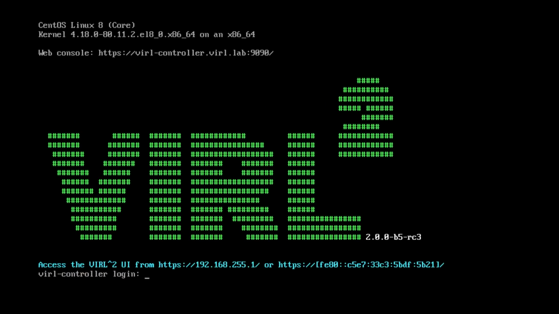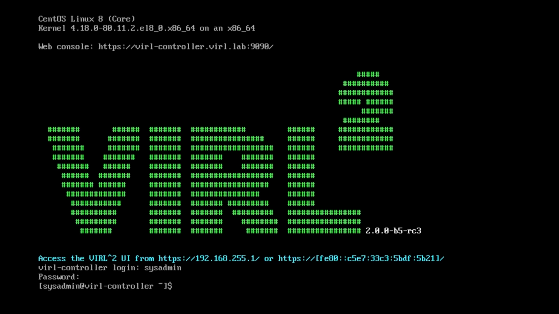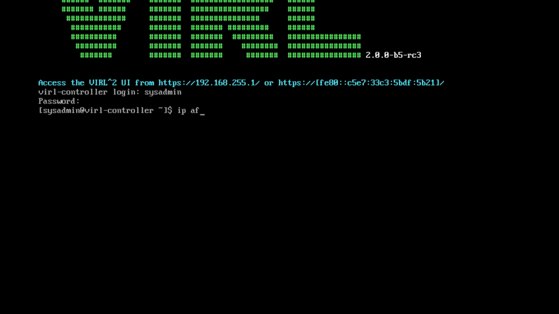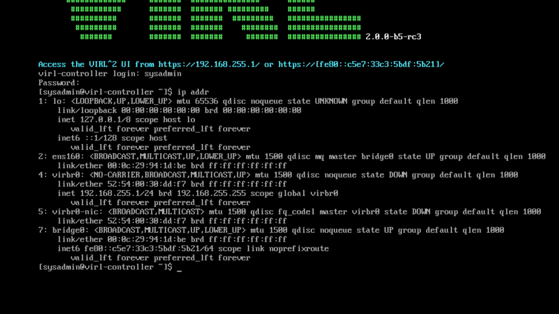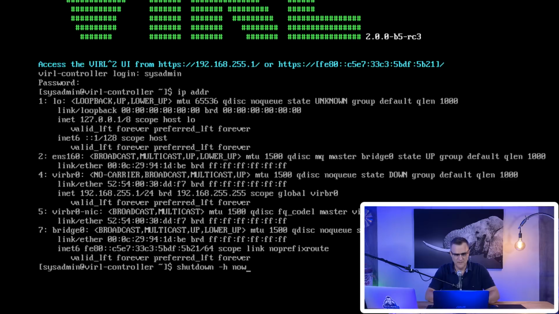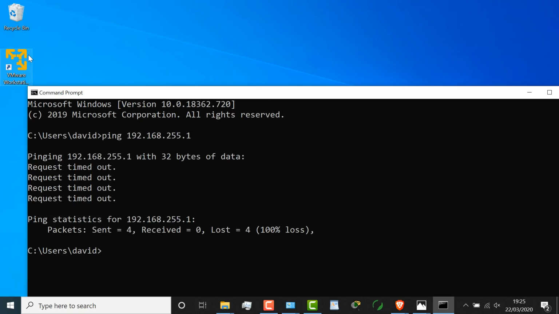So let's log in. My user account was sysadmin. Password was Cisco123. I'll use IP address to see the address. We can see the IP address here is 192.168.255.1. But what I'm going to do is shut down the server. So shutdown -h now to shut down the server, because I want to see what VMware did with the